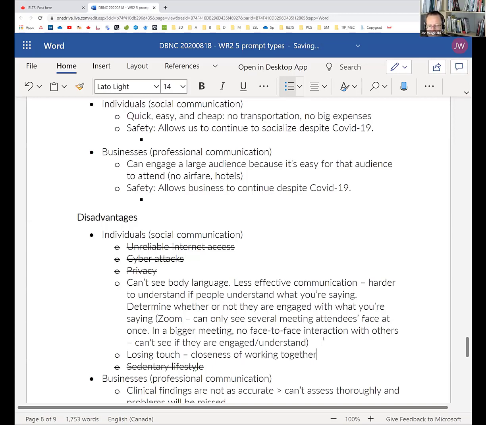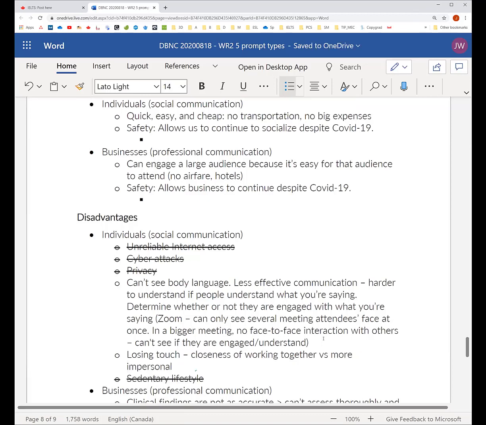Yes, but you have to do a better job of articulating why. What do you mean by this closeness of working together? Imagine we are working in an office environment, and when a new person comes in, we get to know each other. So that bond is there, the teamwork is there. But if all of a sudden we start working at home online, we don't know each other, so isn't it affecting the teamwork? No social interaction, is that what you mean? Yeah, social interaction, that's right.